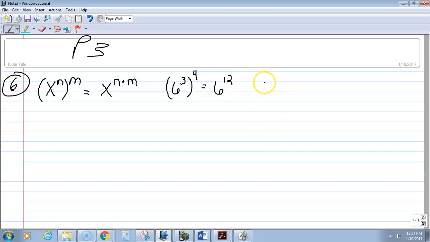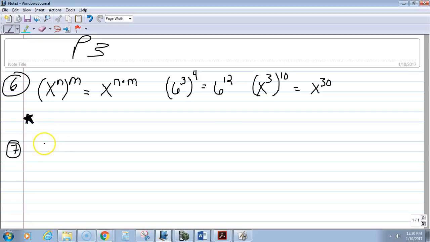It also works with x's. Let's say we have x to the 3rd power, and we want to take that to the 10th power. That's going to be x to the 30th power. All right, do not forget to write your sentence about what happens when you take a power to a power. And 2 more rules here, you guys. Let's do number 7 as if we have,